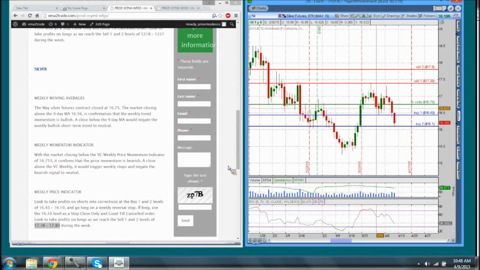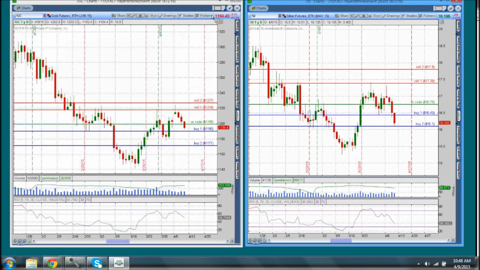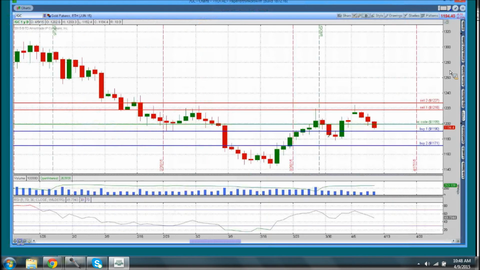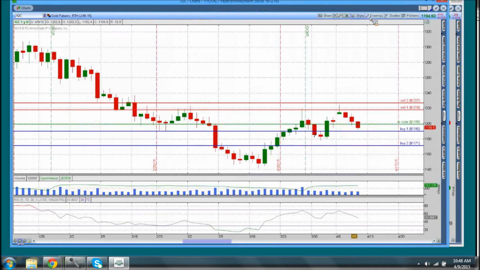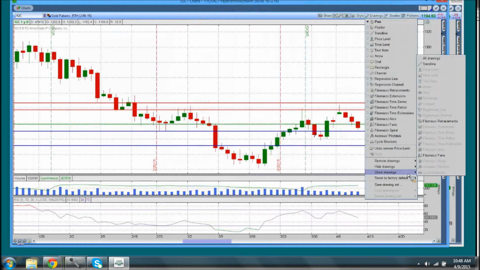So the close this week is pretty significant, in my opinion, in terms of identifying the trend for next week. What I would like to do here for a minute is take a look at the bigger picture in analyzing the gold market, and use basically